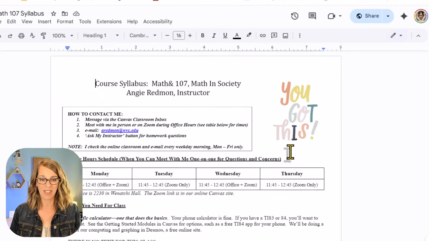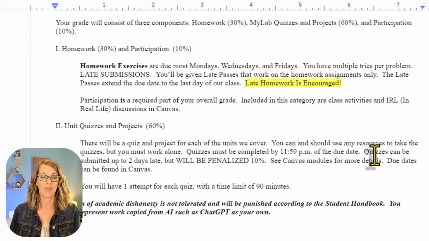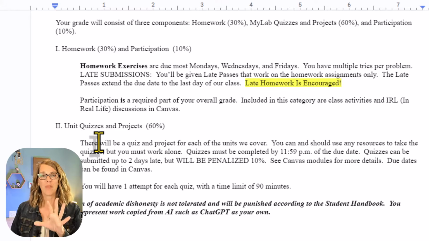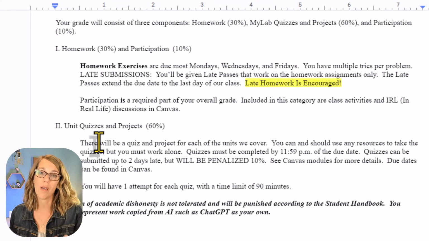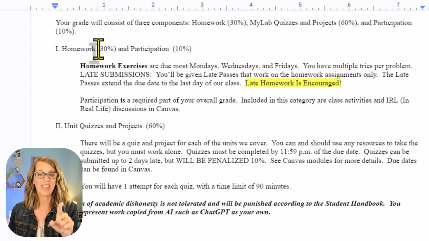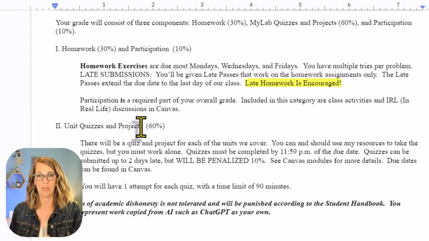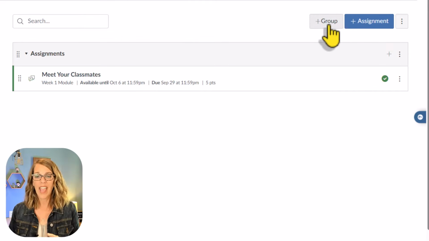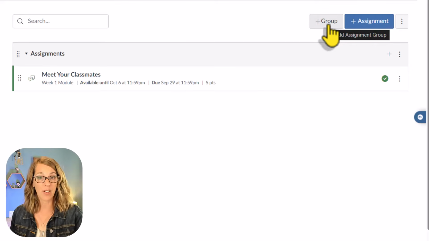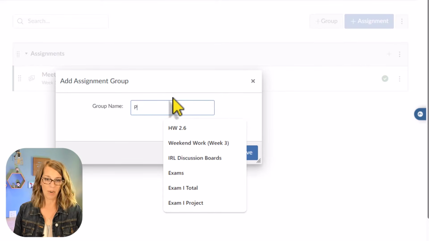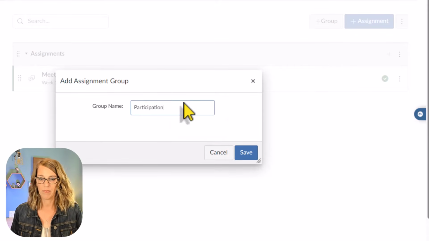If you go to my syllabus, I actually have a few different categories. I've got homework, participation, and quizzes. I want those 3 categories to show up in my gradebook, which would be assignments, and to show up weighted 30%, 10%, 60%. Okay, back to assignments. Here it is. So we're going to add a group. So I'm going to go plus group. I already have assignments. So let's add another group. The second group is going to be participation. Save. And that third group is